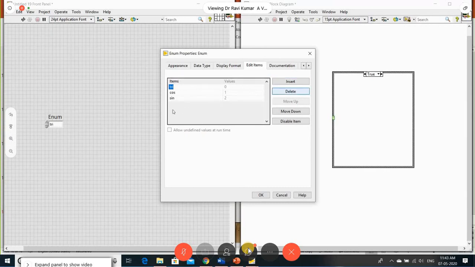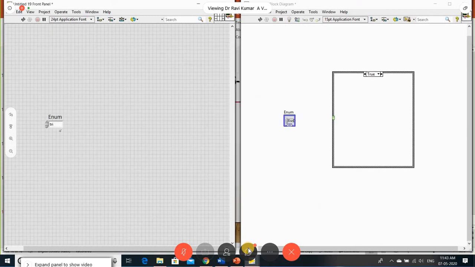So I've taken 3 variables: sine, cos, triangular. All these are taken as the values 0, 1 and 2. Remember, for 0 it is triangular, cos is 1 and sine is 2. Now I click OK. Once you click and move your cursor, you can see the options coming. Once I click on sine wave, it has to be displayed with respect to your frequency, amplitude and all the things.